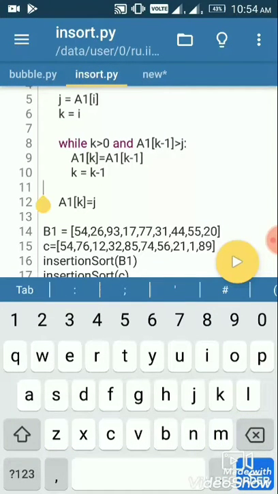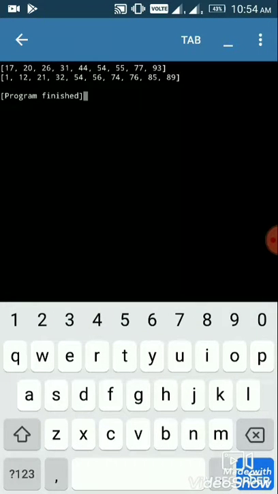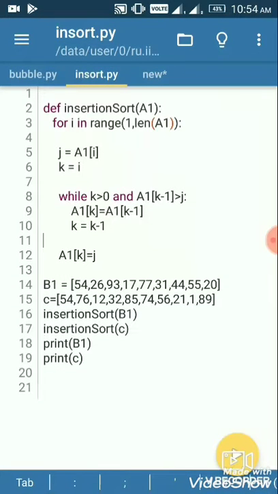So here I have a program. When we run this program, we get the unsorted and sorted list. So let's see what happened.